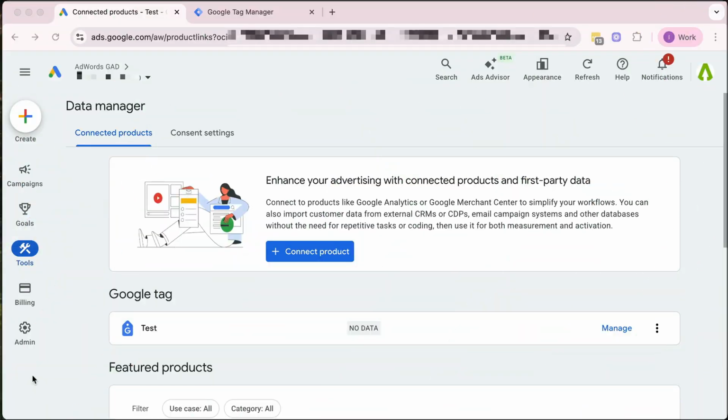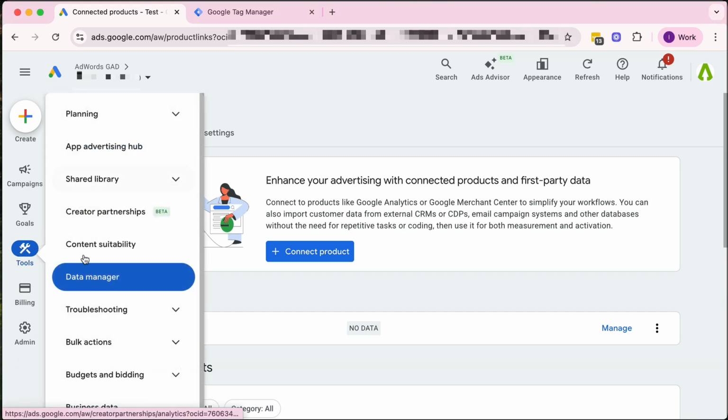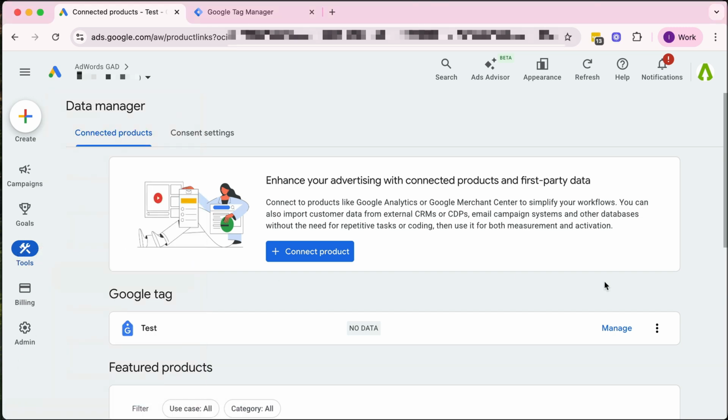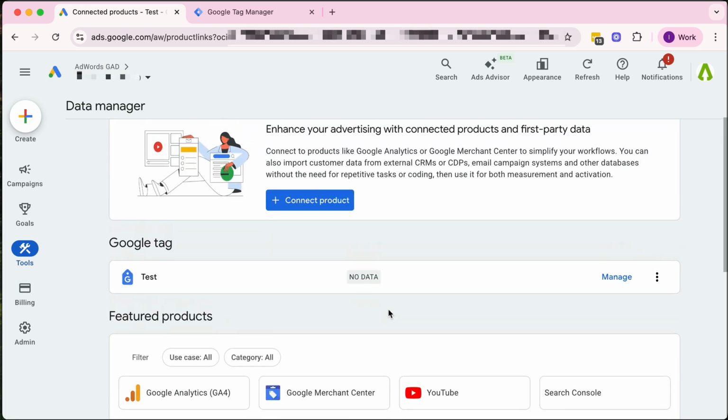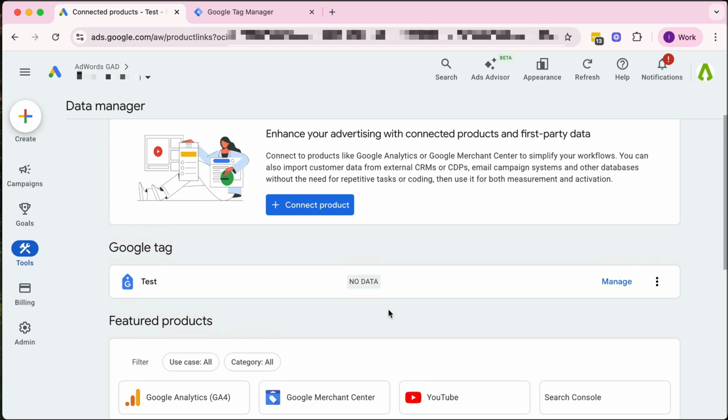Let's go do this. So here we are in our Google Ad account, and this is actually a brand new Google Ad account. So it has really no data in here, hasn't been configured at all. And I've gone to this left-hand menu here of Tools, and then within the Tools menu, I've gone to Data Manager. And this is where I'm going to find my Google tag. As you can see here, it's been named Test because that's what I have named my new Google Ad account. And as you can see here, it says no data, and that's because this tag hasn't been installed to my